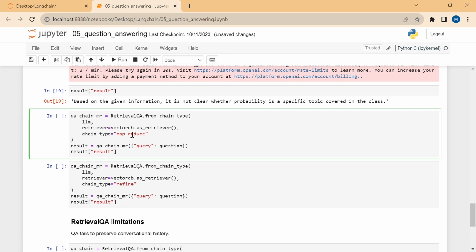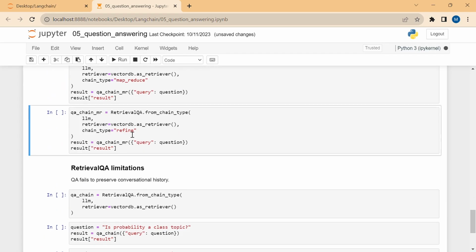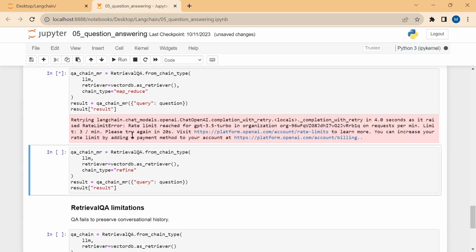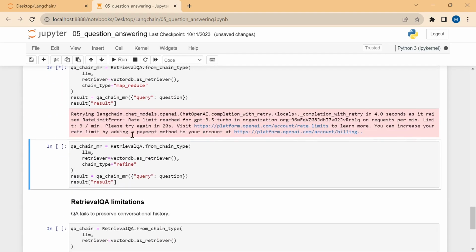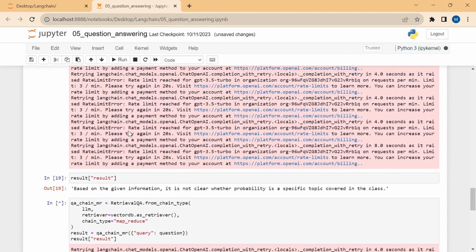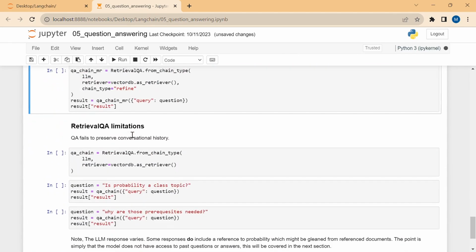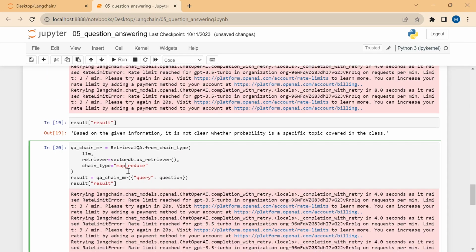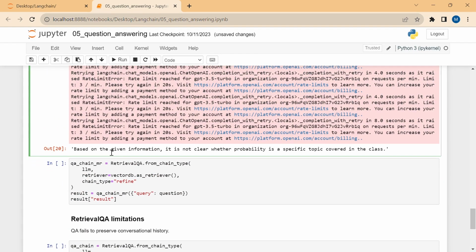Now let's run it again. It will take a few minutes as well because it's MapReduce. This was just a small warning, don't mind that warning. Let's wait and see what we get as an output. Okay, it got executed and it gives the same answer, because I'm running the same thing again.